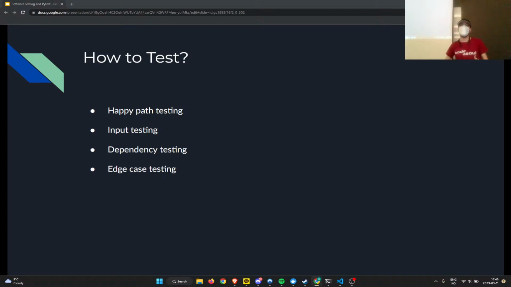Happy path testing is if all the inputs are correct and all the systems are working properly, this is how the function should behave. Okay? So that's basically just testing that things work the way you expect them to. That is happy path testing. At a minimum, have happy path testing, okay? Because it just makes sure the application behaves. And under that why testing stuff, happy path testing will get you most of that, okay?